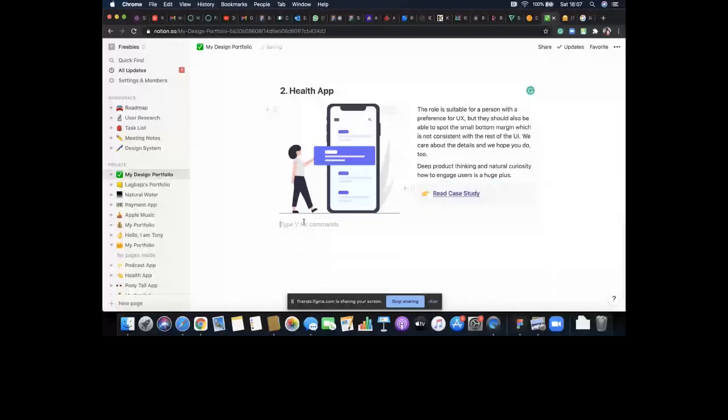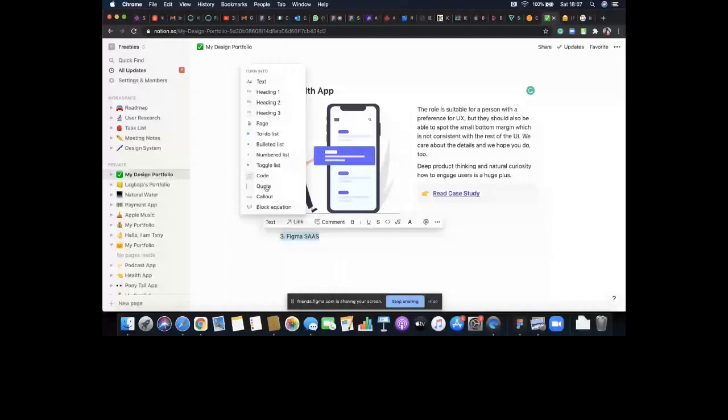Let's call it Figma SaaS. This kind of SaaS, yeah. I highlight it, change it to H2. Command slash rather, scroll down to image.